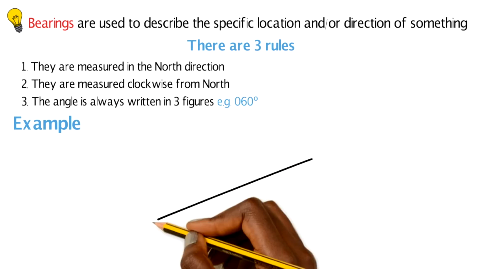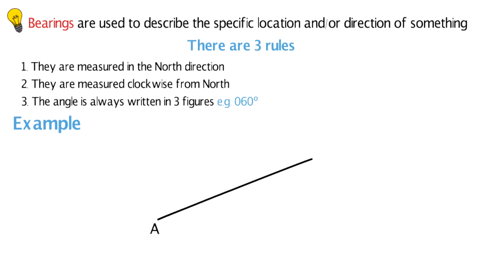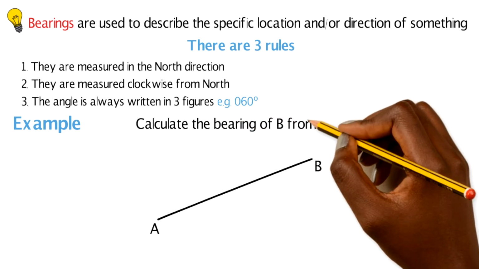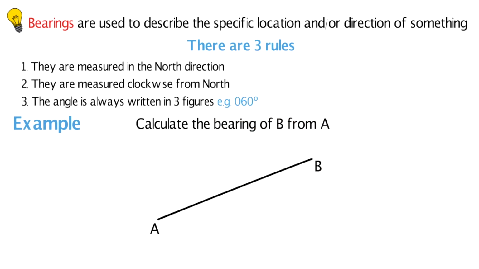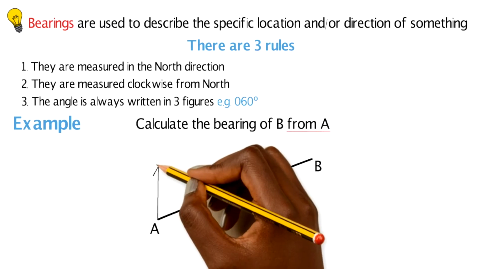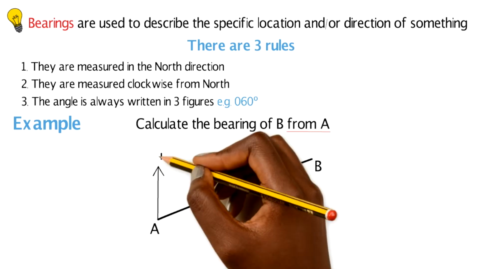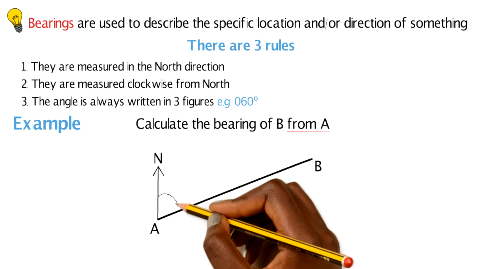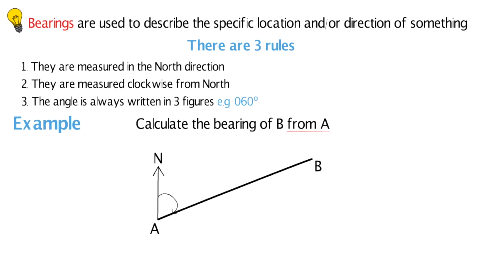So, an example of a bearing. Let's say I'm going from point A to B, for instance, London to York, and it says calculate the bearing of B from A. They are basically dropping you hints. It's saying from A, therefore we're going to start calculating the angle from A. So we're going to draw our north from our A. Remember, it's clockwise. So you're going to draw your angle clockwise until it hits the line of the actual direction